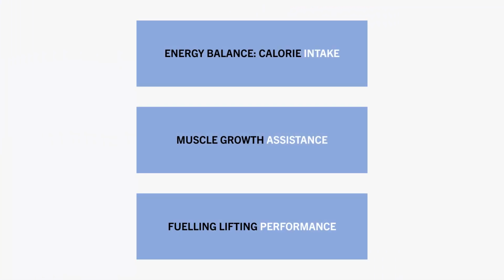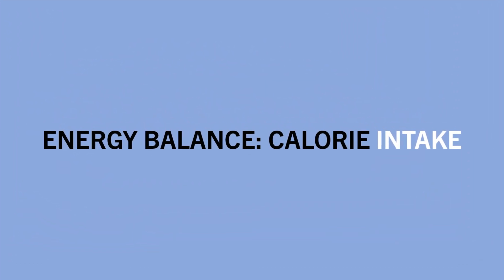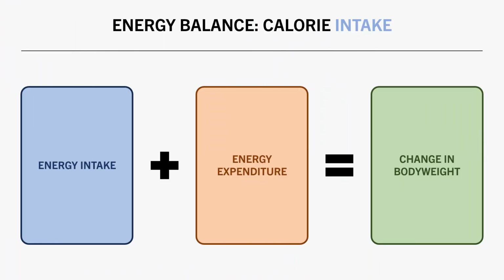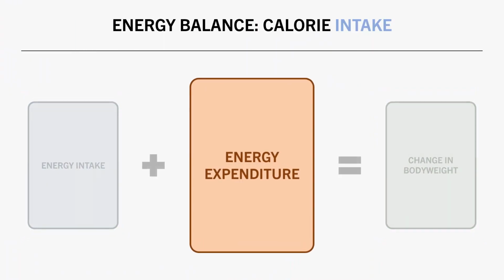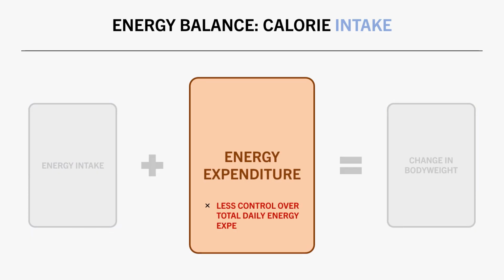So now that we've discussed the role of exercise in body composition and performance outcomes, let's now discuss diet. Our diet has 3 primary roles relating to the topic of this video. First is that it constitutes one half of the energy balance equation, our calorie intake. As we have discussed, we can increase energy expenditure via exercise to some extent, but it isn't quite as effective as we may think, due to compensation from other components and the constrained nature of energy expenditure.